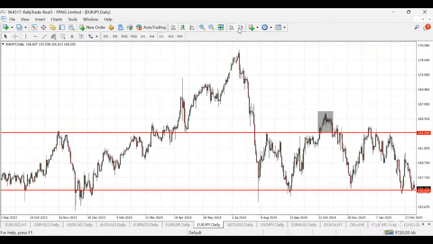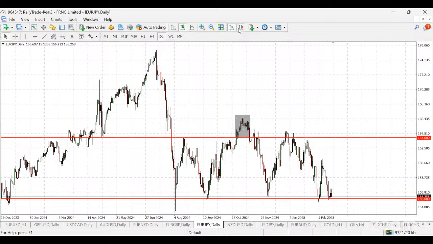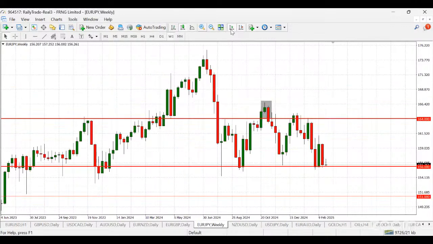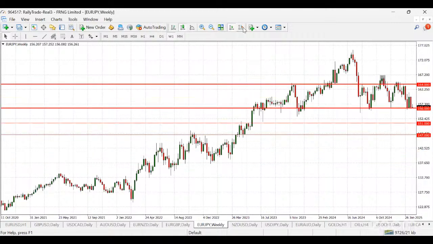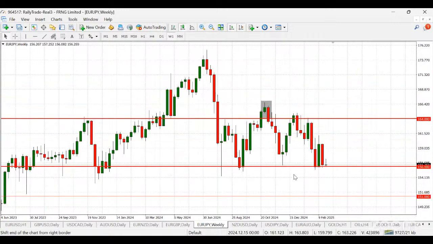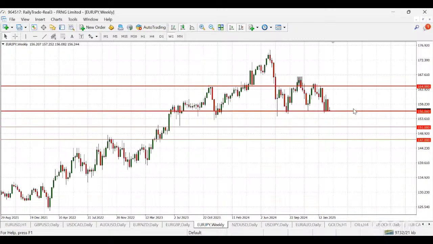Euro JPY too. Euro JPY. Now for Euro JPY, it's quite interesting. Quite interesting because currently, if you look at the weekly time frame, now